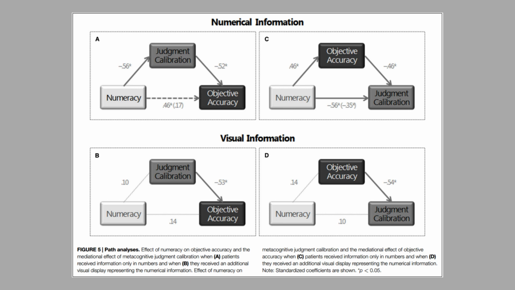And so what we can determine by looking at these results is that presenting that information visually does increase that objective accuracy because it's no longer correlated with the numeracy of the individuals. Objective accuracy seems to be its own data point in these results. So I like this graph a lot. I thought it was pretty interesting.